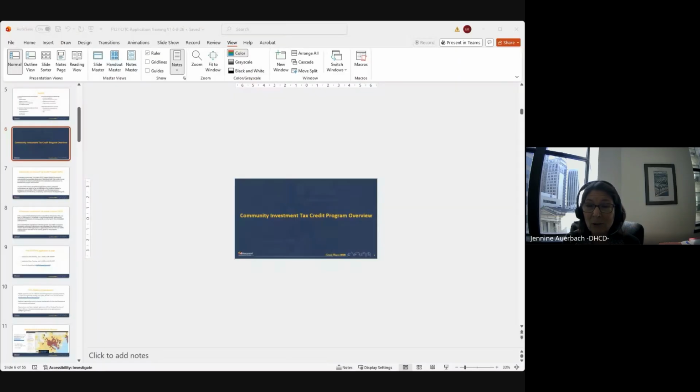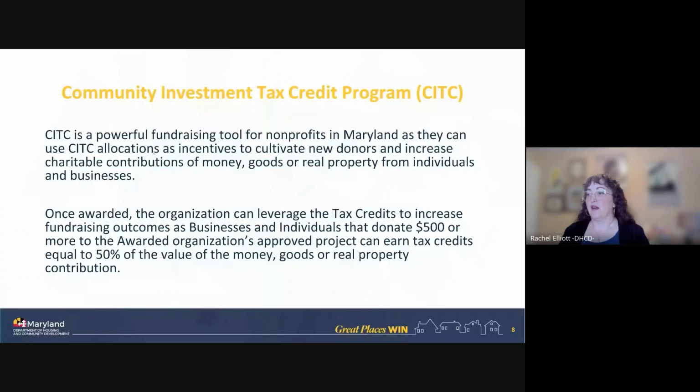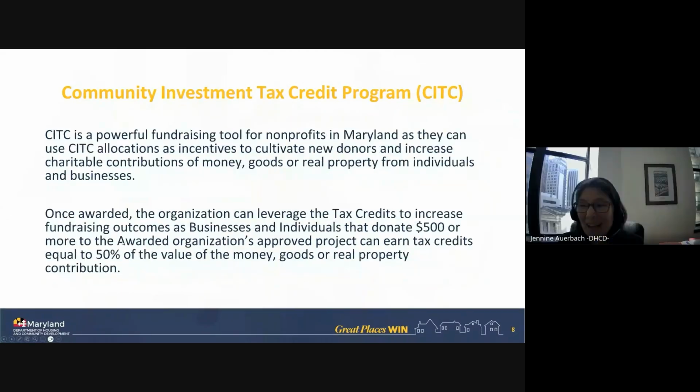Donors who contribute at least $500 to an approved project may be eligible for a state tax credit equal to 50% of their contribution.